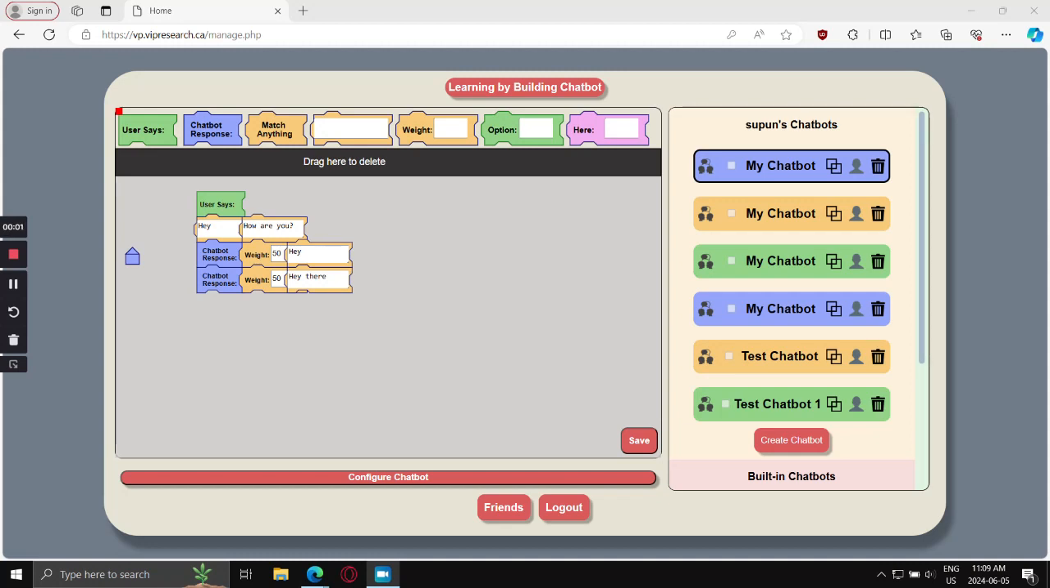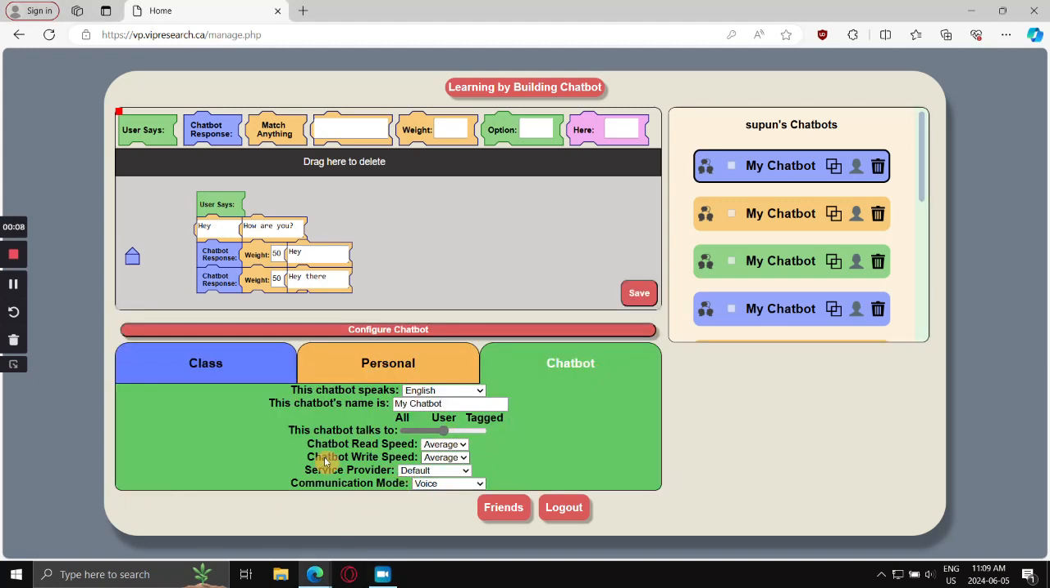Welcome to this demonstration talking about the service provider options for our chatbots. In the chatbot options, there's a drop-down list called service provider that has four options that you can pick from. One is default. The default option simply uses the block-based chatbot you created by dragging and dropping blocks to interact